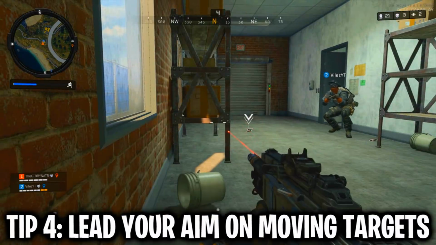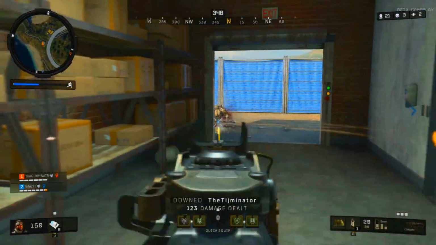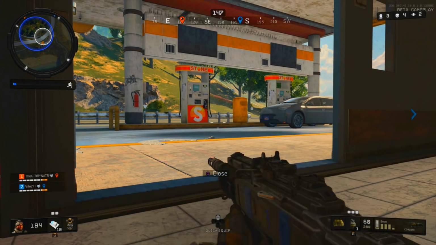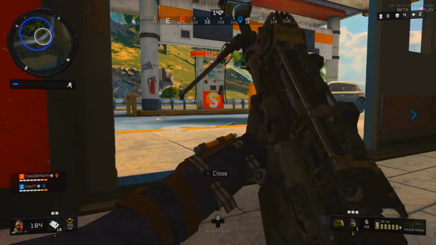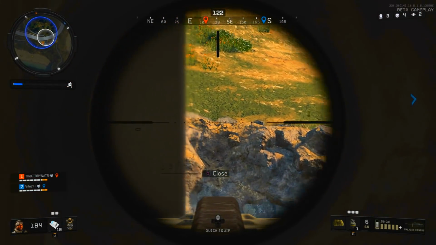You actually have to lead your shots on running targets, meaning that if someone's running and you aim perfectly on them and then you shoot, they're going to carry on running, so they're going to miss your bullet and your bullet's going to be behind them. So you actually have to lead your shots and aim in front of them